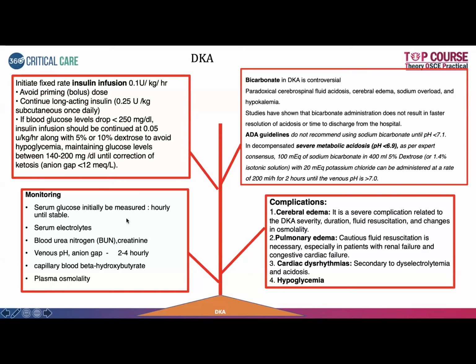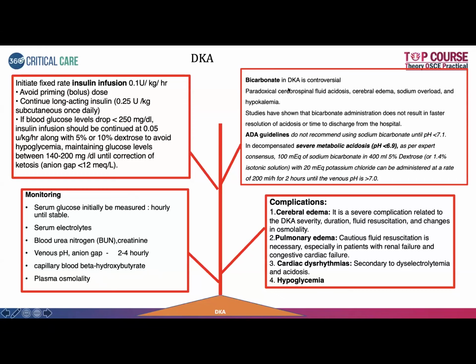So how frequently do you need to monitor? Glucose measured hourly; serum electrolytes, ABG, anion gap, all these second to fourth hourly, depending on the patient status. And then you can monitor the beta hydroxybutyrate. Point of care testing is the method used to measure at the bedside, and it measures beta hydroxybutyrate, whereas urine levels measure the other ketones, acetone, acetoacetate, and beta hydroxybutyrate as well. So remember that as well.